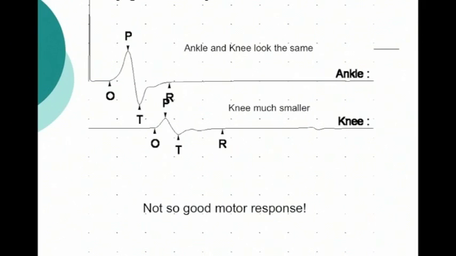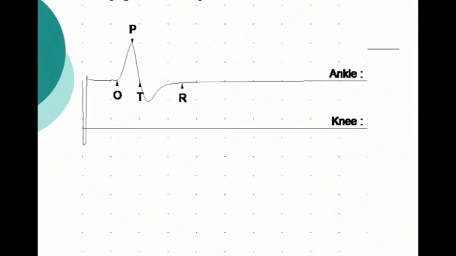It'll be a bit smaller, as we showed in the previous slide. So just more current. Oh, here's an obviously artifactually abnormal recording, not abnormal. The technician got a beautiful response at the ankle and no response at the knee. What happened there? It doesn't make sense unless the nerve is cut and was cut yesterday,